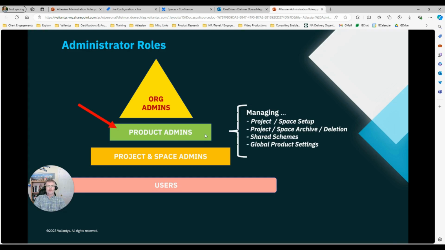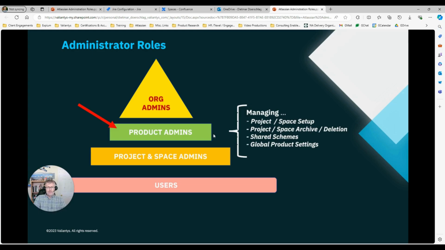What do product admins do? At a high level, they manage the setup, the creation of new projects and new spaces in Confluence. Projects obviously relate to Jira and Jira Service Management. Spaces are collaboration spaces to create shared knowledge in Confluence. Product admins also deal with the archiving and deletion of projects and/or spaces in case they're no longer needed.